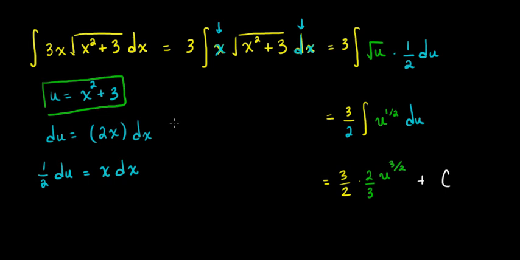Now all that's left for me to do is just clean some things up. I notice that these fractions will reduce each other out, or cancel each other out, and what I'm left with is u to the 3 over 2. But I have to keep in mind, what was u? We made this substitution at the very beginning. We said u is equal to x squared plus 3. So this is really just going to equal x squared plus 3 to the 3 halves,